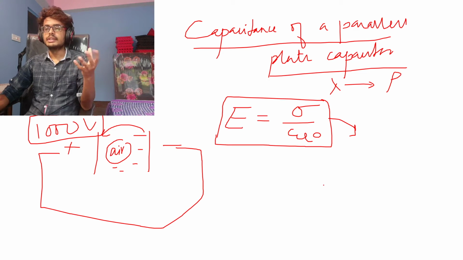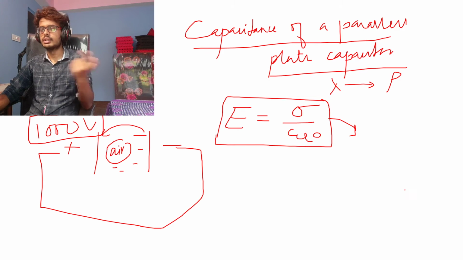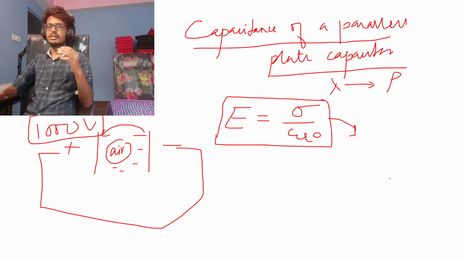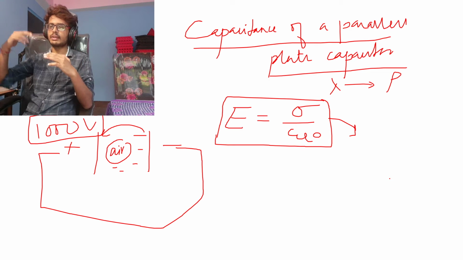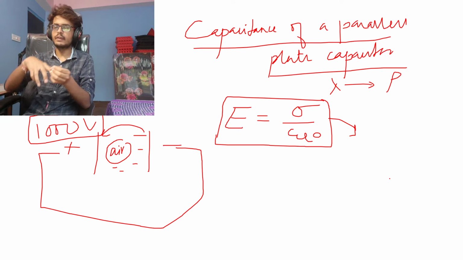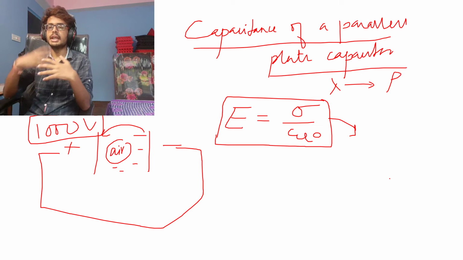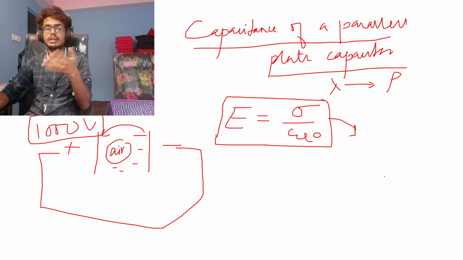So air, which is naturally non-conducting, doesn't conduct electricity, doesn't allow electricity to flow through it. But in some cases, air does. One of the most common examples is lightning. During lightning, what happens? The lightning from the cloud, generated by the striking of two clouds together, falls on the surface of earth through air, right? There's nothing in between, there's air in between, right? So air is conducting electricity at that point.